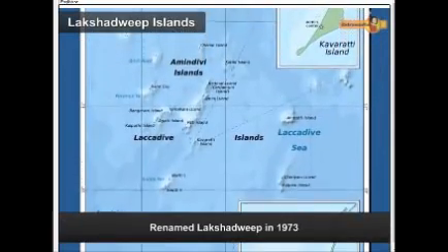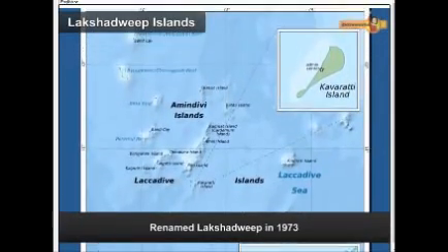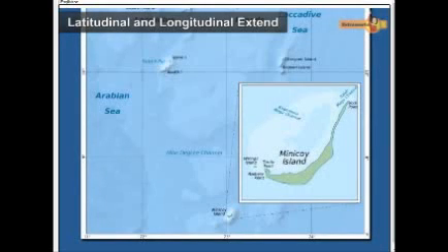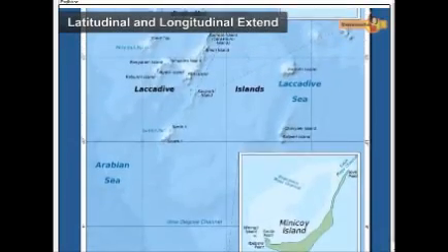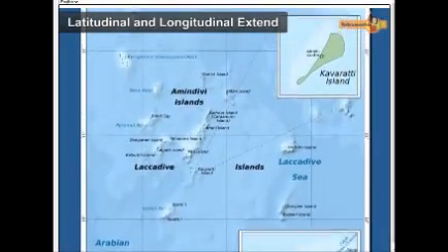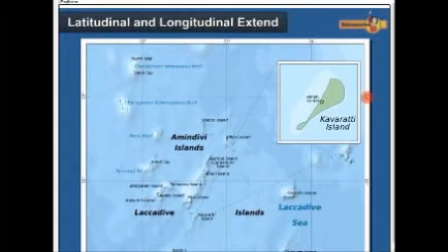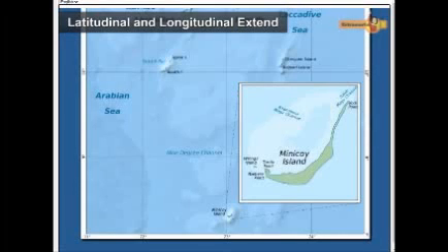These islands were renamed Lakshadweep in 1973. They lie between latitudes 8° north and 12° north, and longitudes 71° east and 74° east.